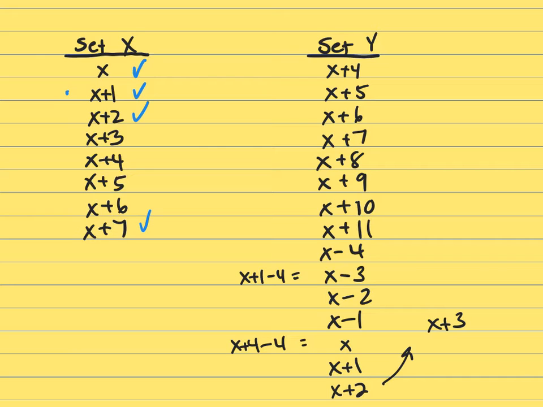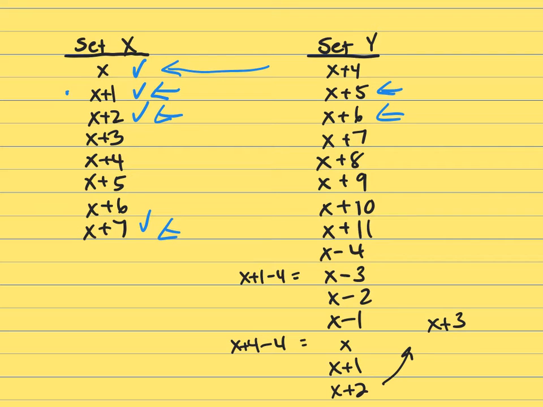And it says set y consists of all the integers that result from adding 4 to each of the integers in set x. So add 4 to x, you get x plus 4. Add 4 to this one, and you get that. Add 4 to x plus 2, and you get this, and continue on down. So add 4, and you get x plus 11. And it says, and